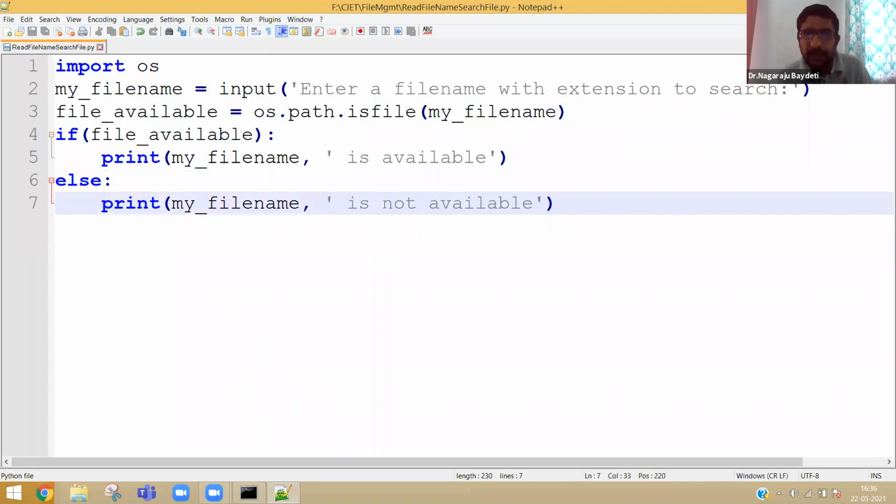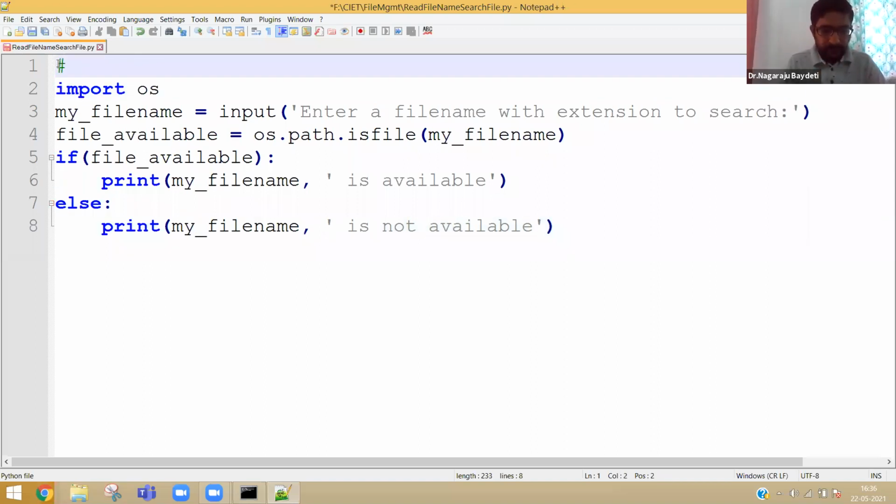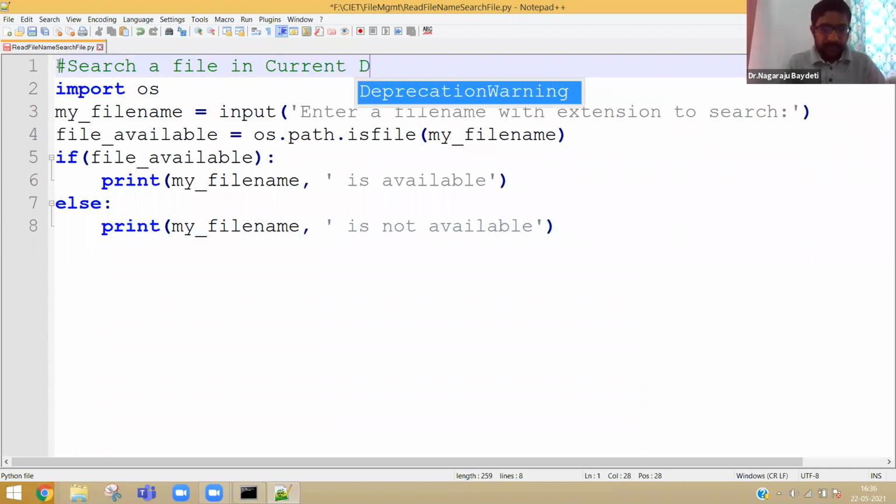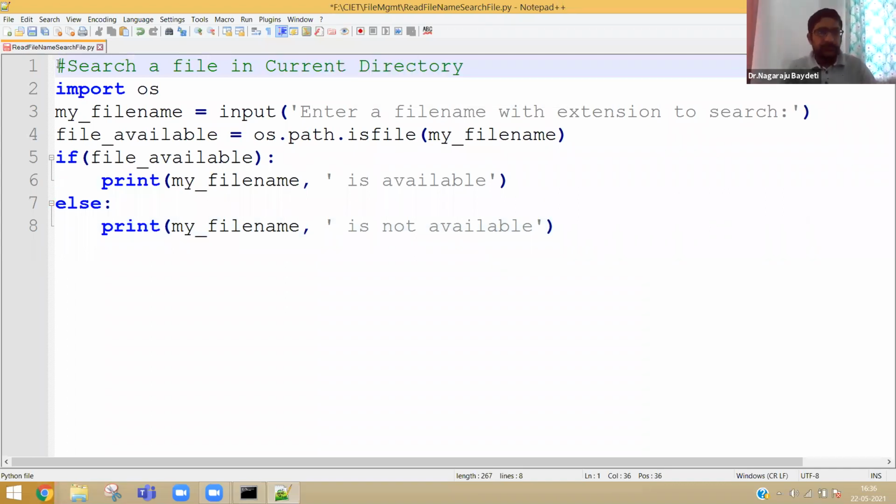See, we are writing the same logic, but instead of directly giving a hard-coded value of a file, I am prompting the user to enter a file name and then searching it. Search a file in current directory. Tomorrow, definitely, I will teach you how to search a file recursively in each and every directory and subdirectory.